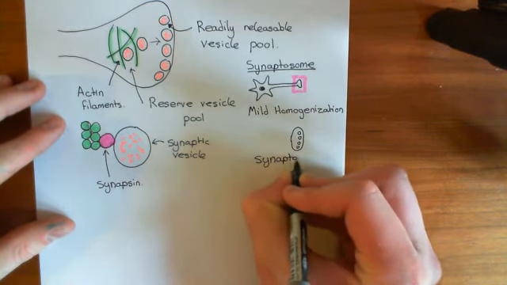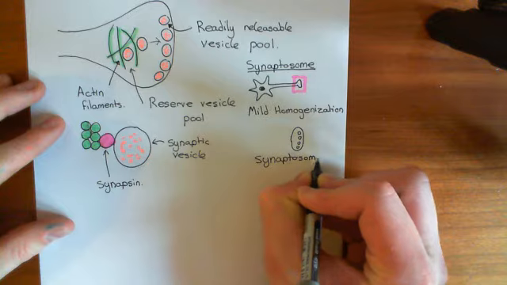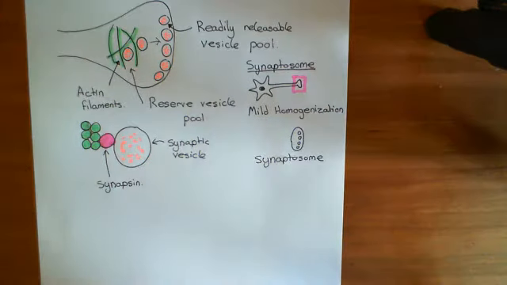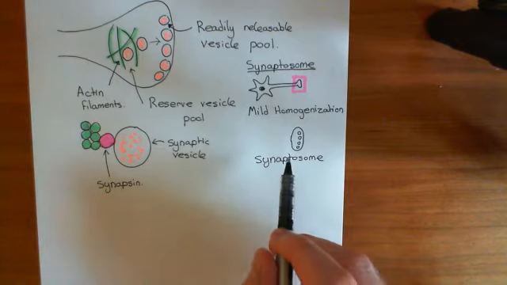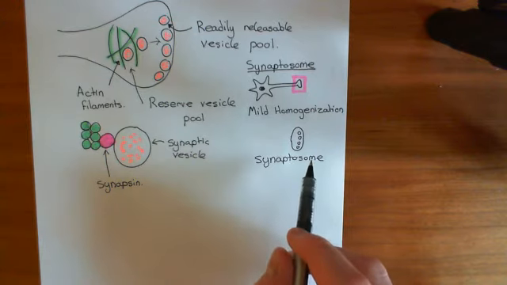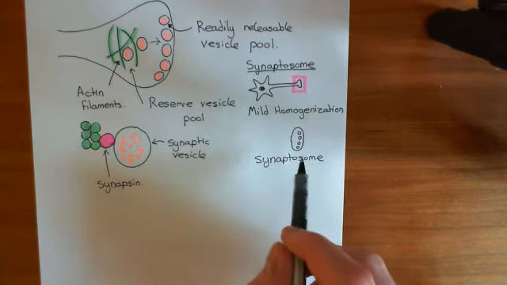So these are things you can get out of homogenizing neural tissue mildly, and they form from axon terminals that have been chopped off neurons. Now, these synaptosomes are very useful for doing experiments regarding neurotransmission, because they still will release neurotransmitter in response to